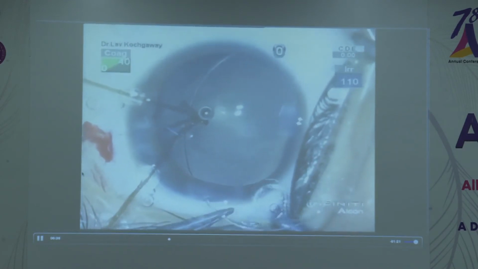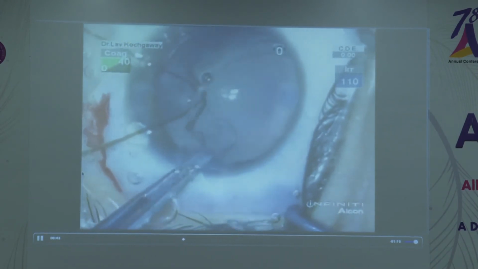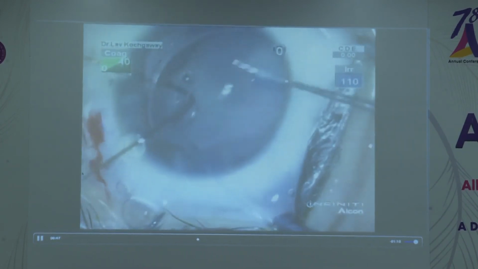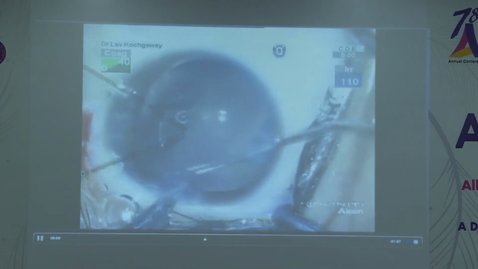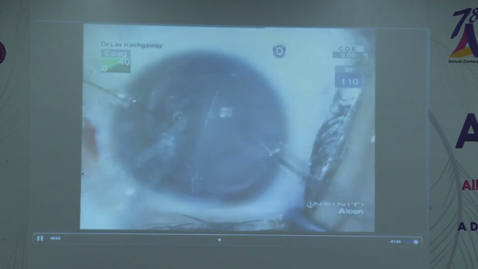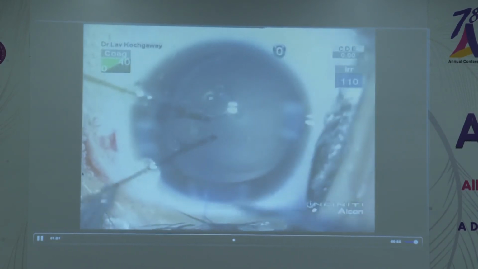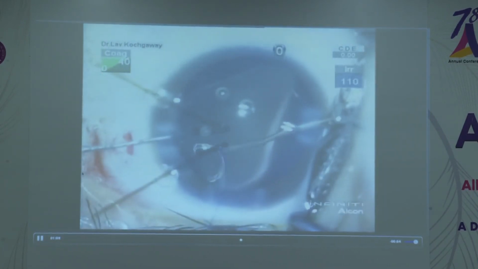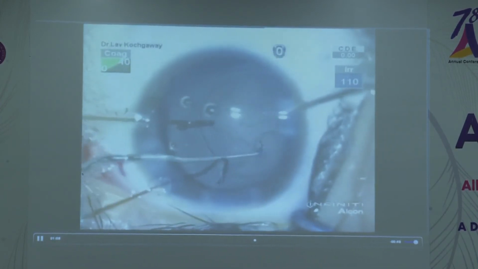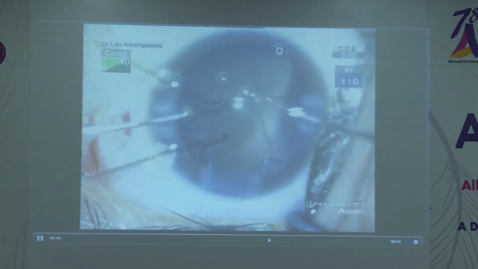In this, while inserting the Sioni ring, I didn't give enough posterior push, and as you can see, the ring came out of the bag, and now we have a capsular bag and a large Sioni ring in the anterior chamber. I kept on doing manipulations, trying to rotate in various directions, and after 15-20 minutes I decided to give one final push, in the opposite, anti-clockwise direction, with a good posterior push, because I had decided that if this doesn't work, then I'll explant everything and leave the child aphakic.